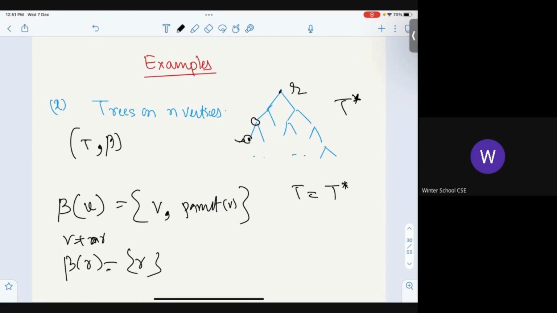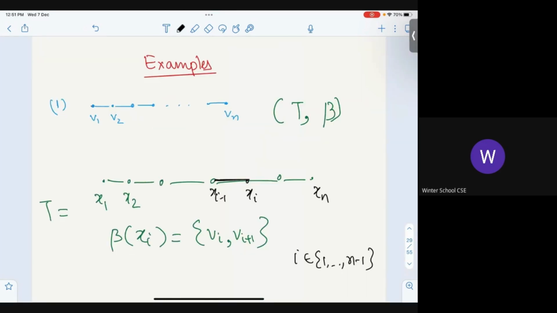How many of you have understood the construction? Are there people who have not understood the construction? Okay, so very simple. This is my tree, T star. I think of this tree as rooted. Fix a vertex of your desire and say, root this tree at it. So that's R. Once I root a vertex, every vertex has a parent. This parent is unique.